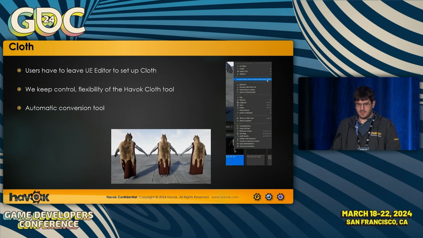There are downsides to this, which is, for example, on the workflow side, this means that users have to leave the Unreal Engine editor to author their cloth. So there's a bit of a downside to that, but on the plus, again, we keep the level of control and flexibility. And we actually took some steps to mitigate at least a little bit the slightly longer